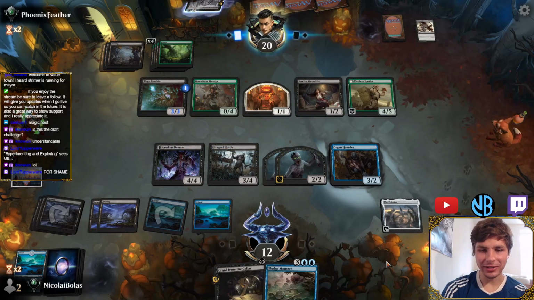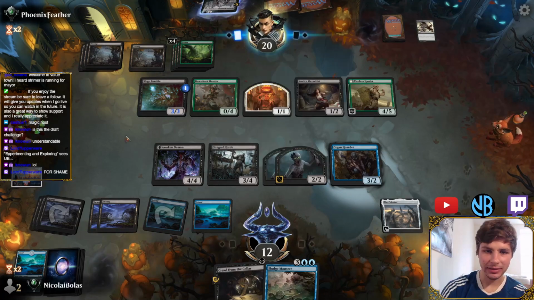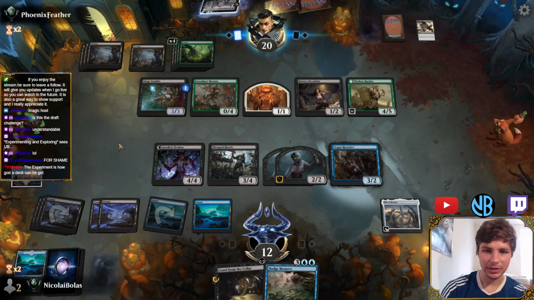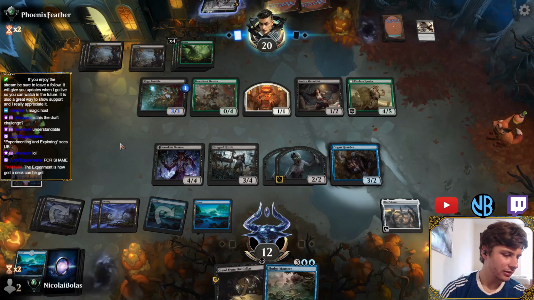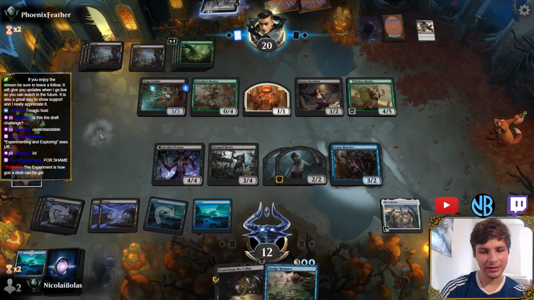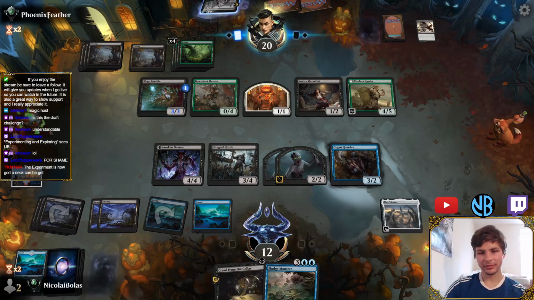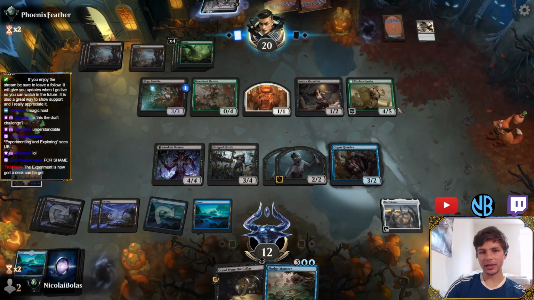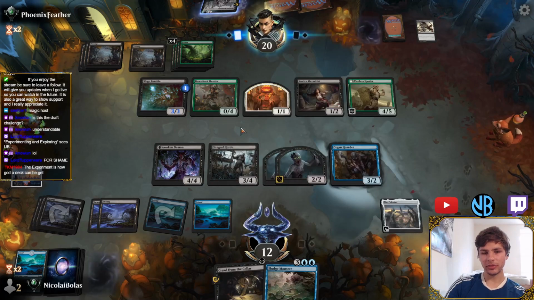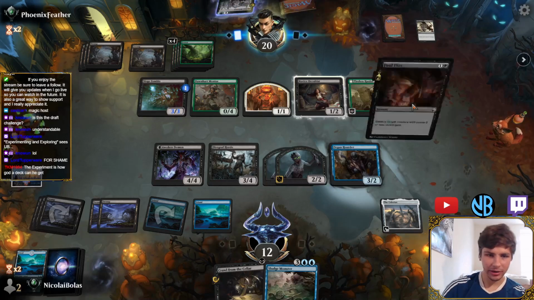Oh, this Tireless Hauler is gonna wreck me. Does this thing give trample? Oh my gosh, I'm in trouble. This thing can become a 7/8. So if I triple block it, I can kill my Diagraph Ward and my...